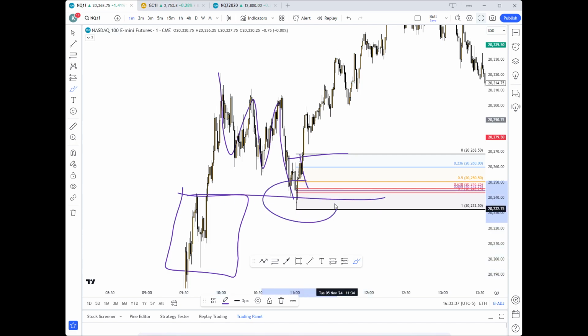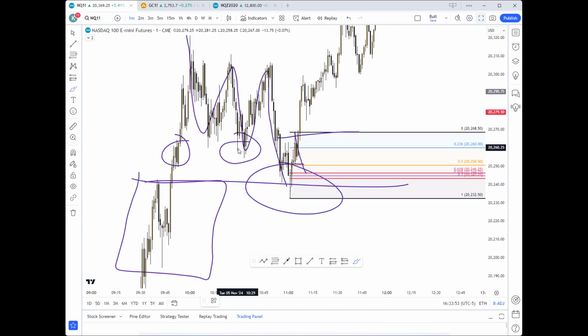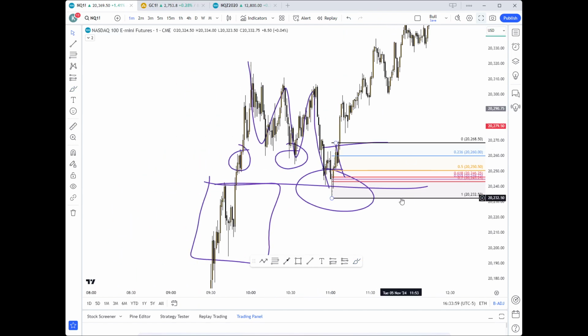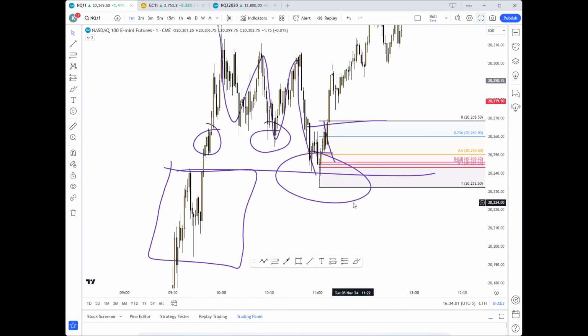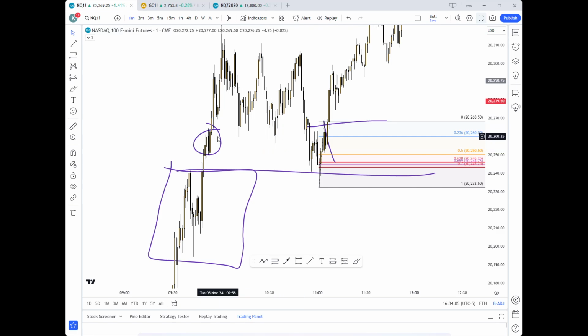Does this look like the objective's finalized? Yes. You could argue, well, we did the same thing over here. Yes, but this being a lower time frame objective, this being an intermediate and higher time frame objective. Very different. Very different. We know that lower time frame reversals come out of lower time frame areas. They're responsible for price continuation. Price reversals come from intermediate and higher time frame areas,